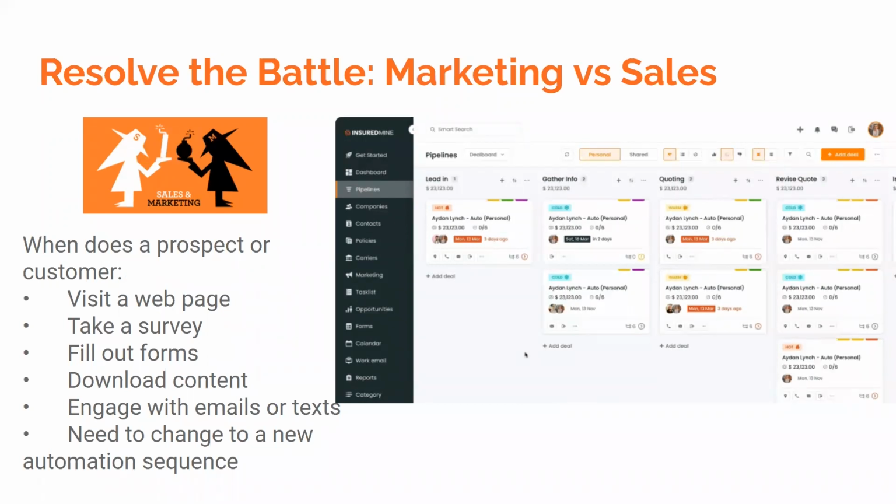So we need to have these data points that aggregate to their records, so you can see what content they have engaged with so far. Have they filled out any of your forms or surveys? And are they engaging with your emails or text messages? And if so, basically what you do is, let's say we get a lead in,